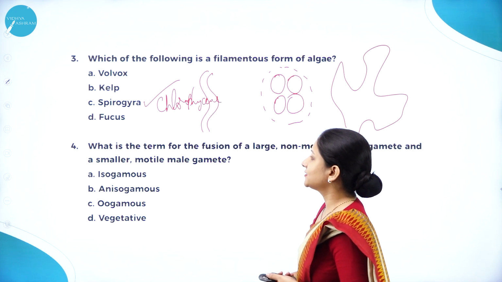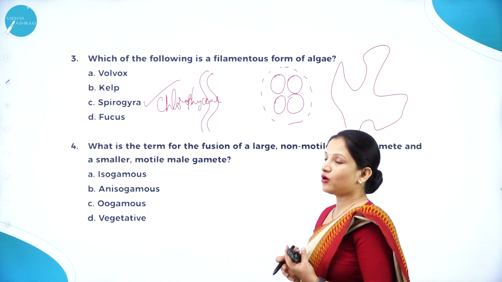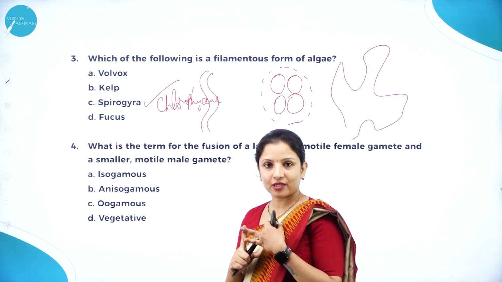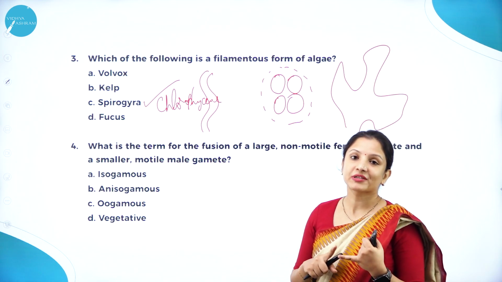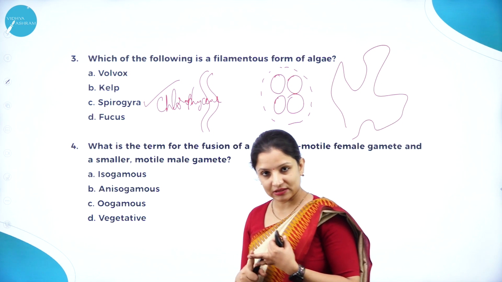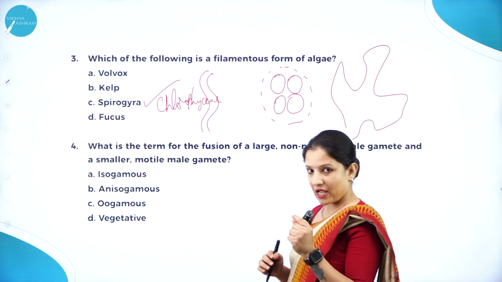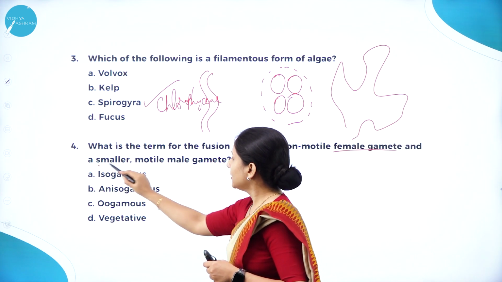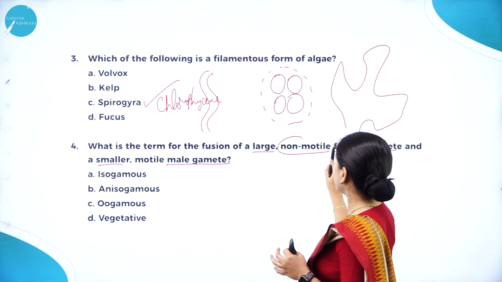Next question: what is the term for the fusion of a large non-motile female gamete and a smaller motile male gamete? Fertilization can be isogamous, anisogamous and oogamous. In isogamous, it is the fusion between male and female gametes which are similar in structure. Anisogamous is the fusion between male and female gametes which are dissimilar in structure. Oogamous is the fusion of one large female gamete and a small male gamete, wherein the female gamete will always be large and not capable of moving, that is, non-motile,